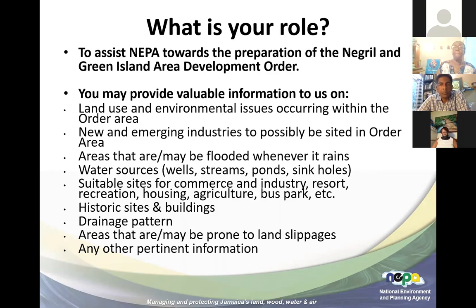But these are some of the things that as planners we have to look at and we have to balance, because of the 4 pillars of sustainable development. We look at the physical environment, we look at the natural environment, we look at the social and economic, and we try to balance those four pillars when it comes to development and land use planning.